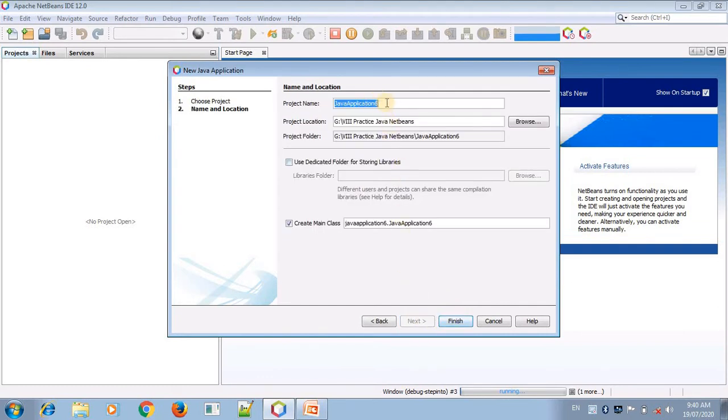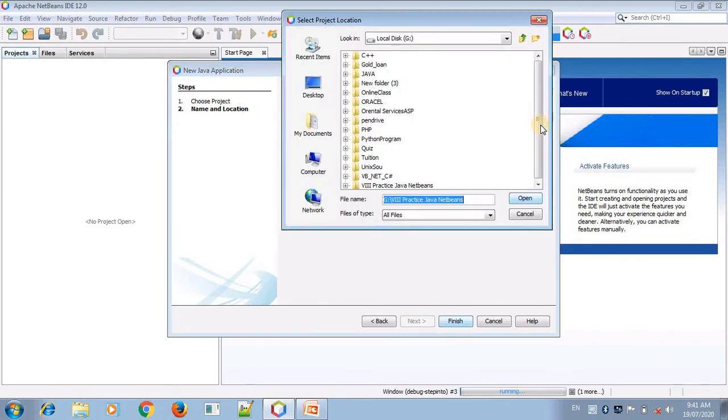After that you give the project name. My project name is Add. Where the location is, you can change your location. Click on Browse and set the location where you are going to save your project.